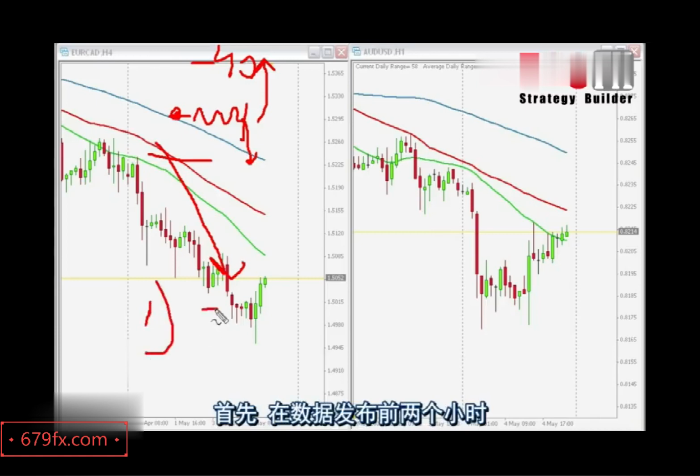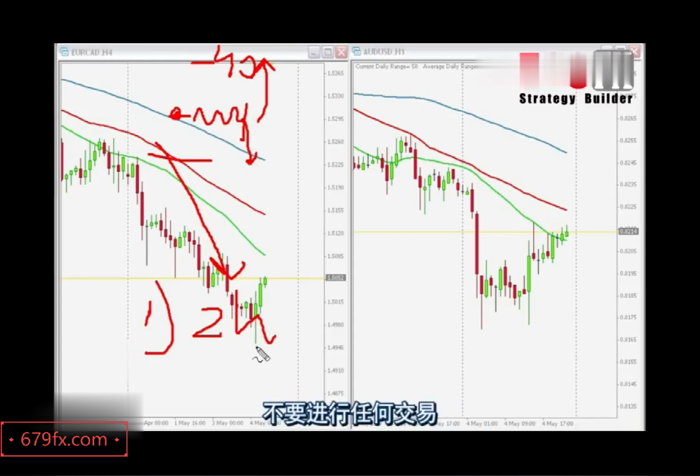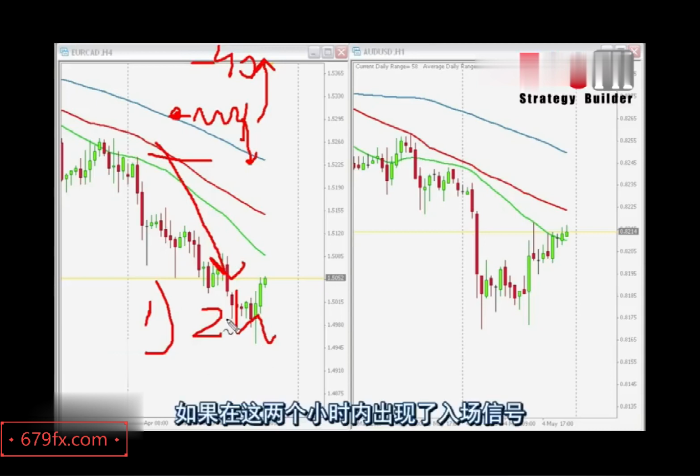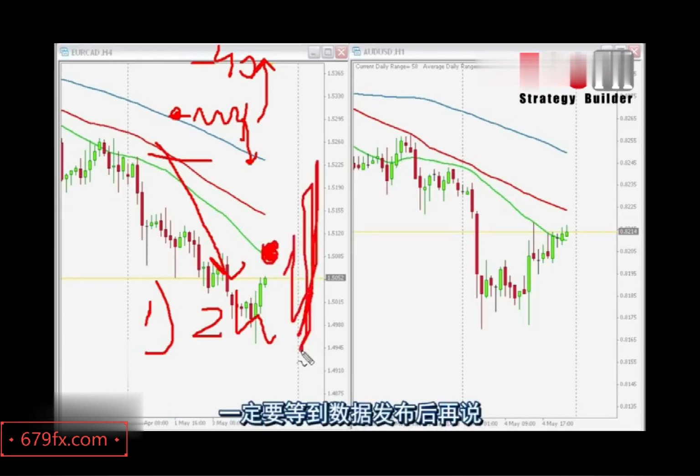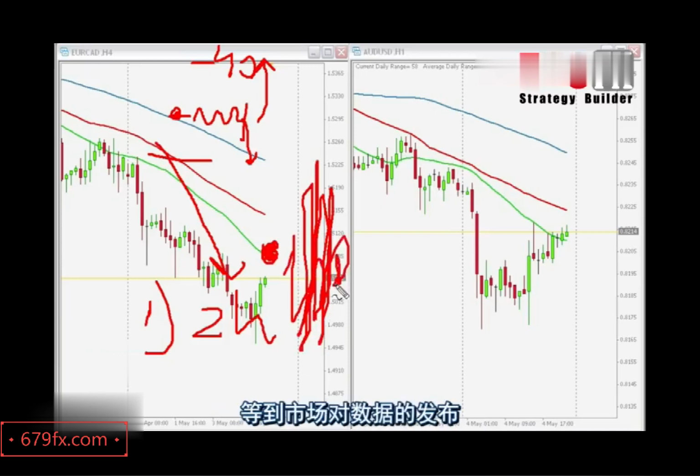So, first rule: 2 hours prior to the economic release coming out, you are within those 2 hours. I personally don't take any trade. You can do whatever you want, guys. My advice is to not take any trade within the 2 hours prior to the news. If you get a signal and it's within the 2 hours, just wait. Let the news come out. Let it do the spike. And once it's gone,